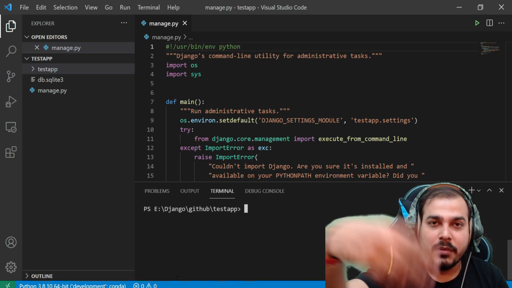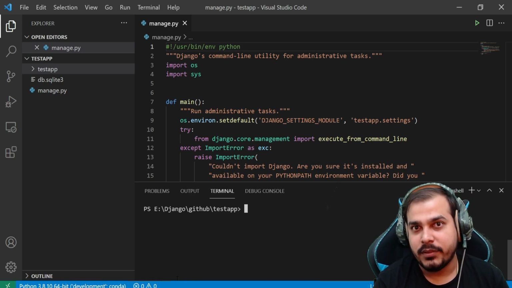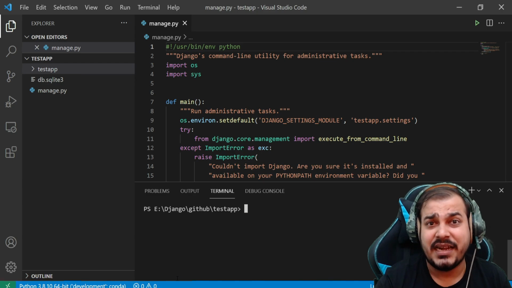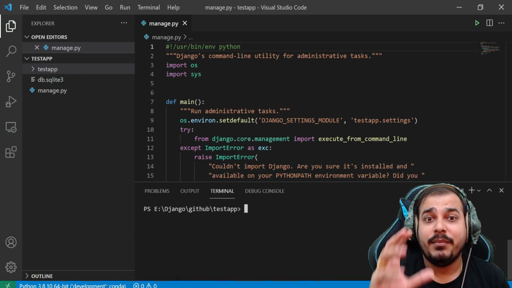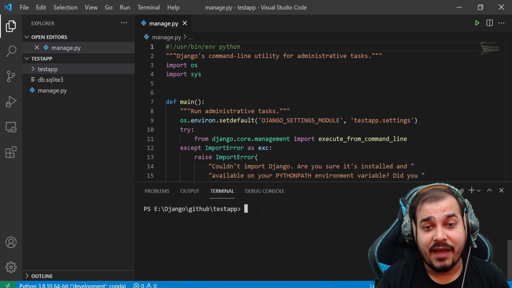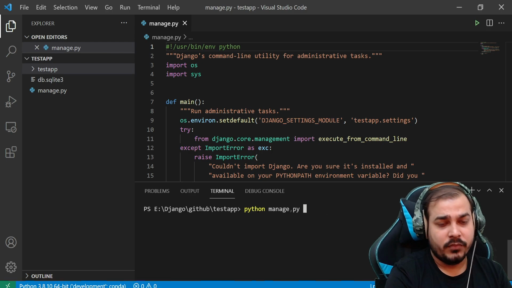Suppose study timetable can be my one app, the login authentication can be another app, database authentication can be another app. Any kind of services that I'm bringing in my website can be created as another app. So in order to create the app, what I have to do is just write python manage.py, and then